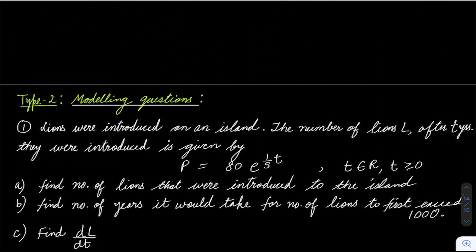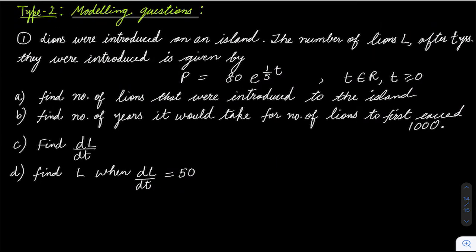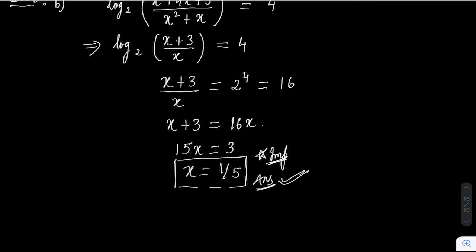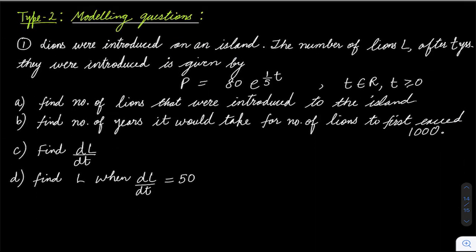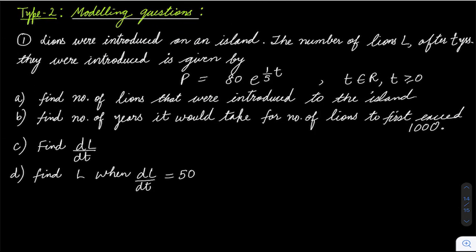Okay, so let's try one more question. Now you can have modeling based questions also on logarithms and exponentials. So generally what happens is whenever a modeling question is there, you have to use exponential also and log also. And you can see in this equation also, this was log, but somehow you have to convert this into exponential to simplify. And even in exponentials, we have seen we have to use log. So they go hand in hand. Okay, so let's try this question.